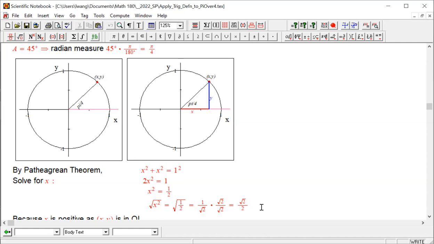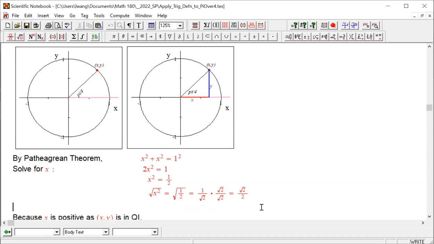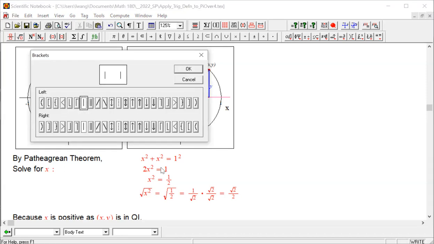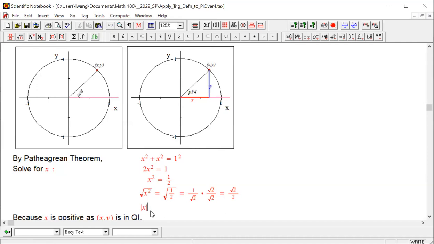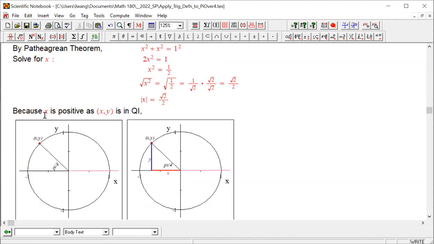All right, 2 under square root of 2. The left-hand side, we're getting the absolute value of x. Okay, we just do this automatically, and then we figure out how we should get x out of it, right? So absolute value of x is going to be equal to root 2 over 2, and because x is positive, because the point is in the first quadrant, therefore